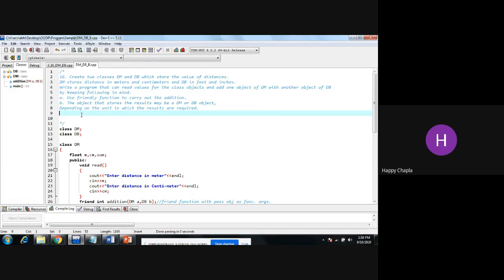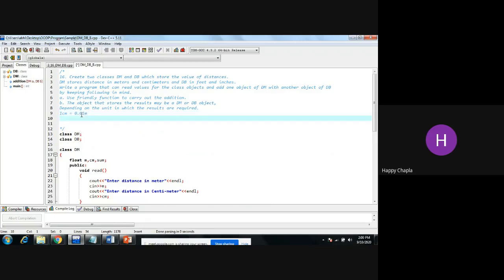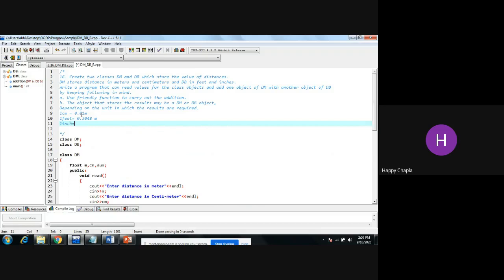So 1 centimeter is equal to 0.01 meter. 1 feet equals 0.3048 meter. 1 inch equals 0.0254 meter.